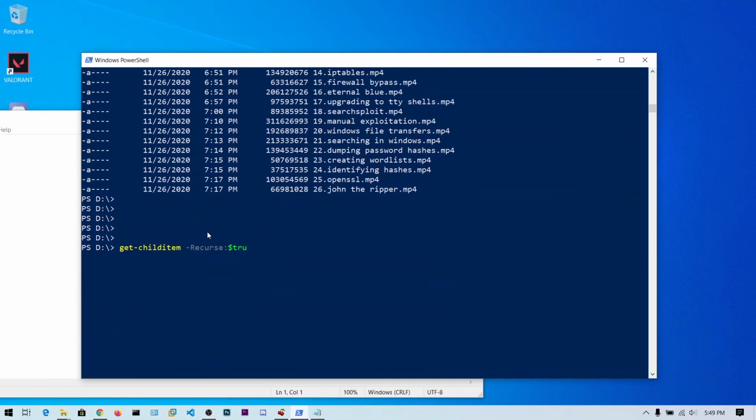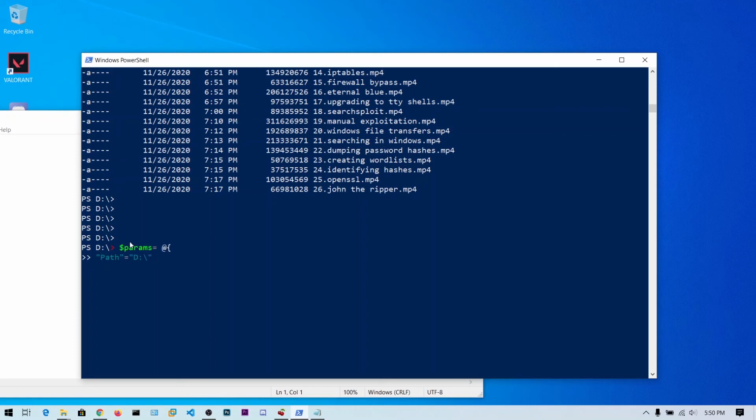We can specify all these parameters in a variable, let's say $params. So $params equals @, now we can just hit enter and give them line by line. First we can specify the path, and Path equals D:\.